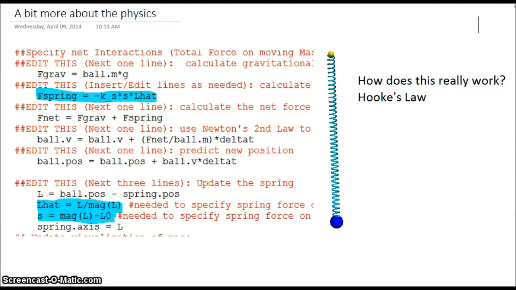It's important to note that we expect the while loop to be an accurate representation of the real motion because we've based it on Hooke's law, that the force of the spring is equal to the constant of the spring stiffness times the stretch of the spring in the direction of the spring. It is the job of the Python program to calculate this information for every 1/210th of a second,